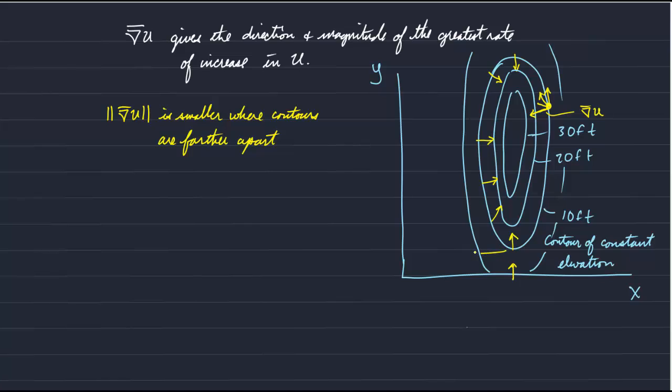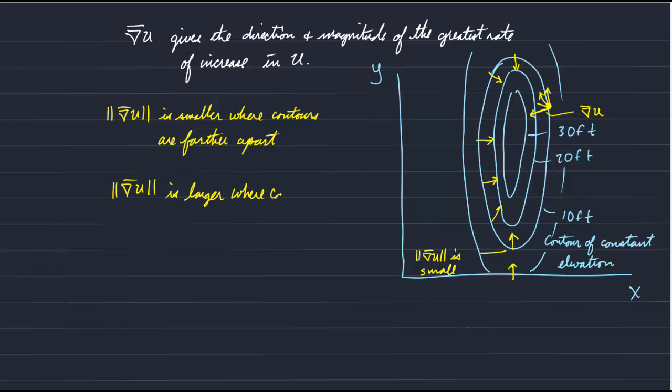So here, the magnitude of grad u is small. Whereas here, we have the same change in elevation, but it occurs over a relatively short distance. So grad u is larger